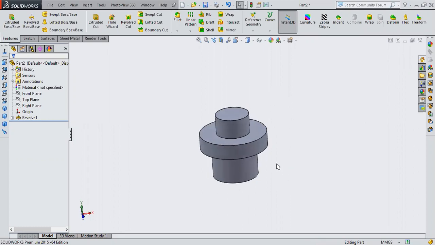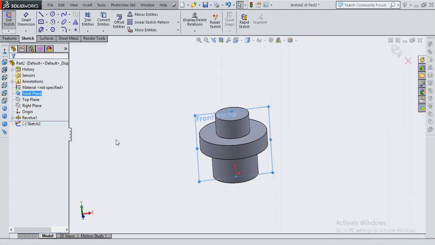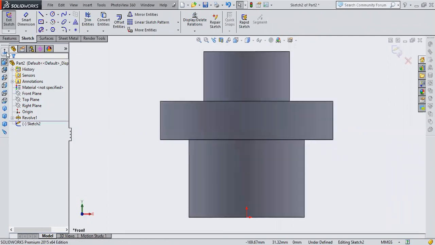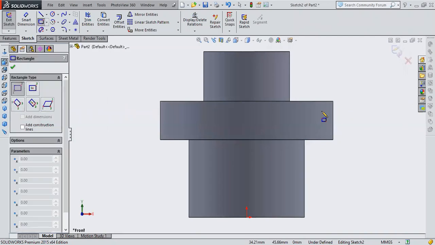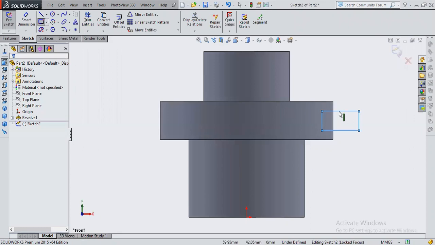Yes, sir. Same way, if you want to create some groove here, as it's a revolve object, again you have to use the revolve cut itself. So you have this revolve cut. I'll select the same front plane and go to sketch there. I'll make it normal too so that it will be exactly parallel to me. Now if I want to remove material, or create a slot, something like this, only the part of the sketch that appears will be removed from the model. Once it is done, I'll click on exit here.